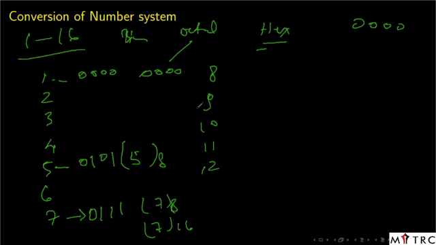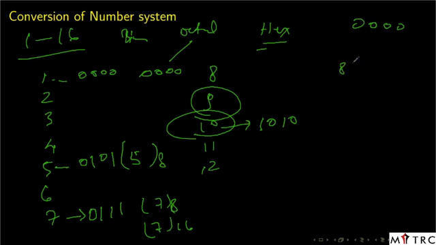Now for example 10, the binary representation is 1010, and its octal representation is